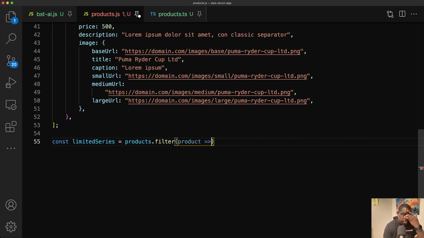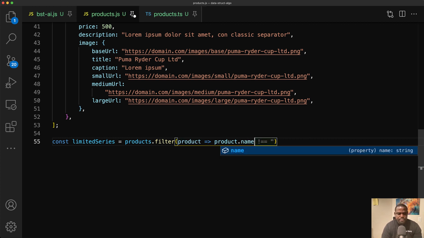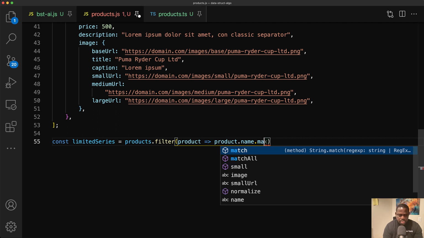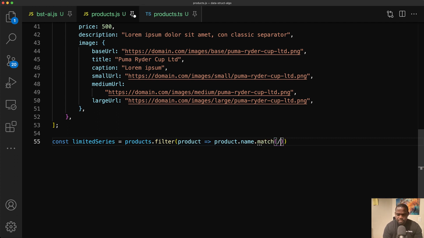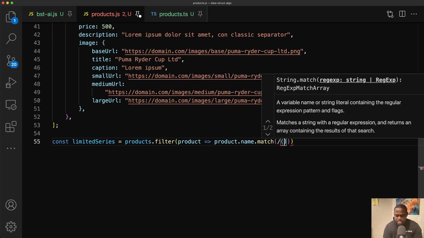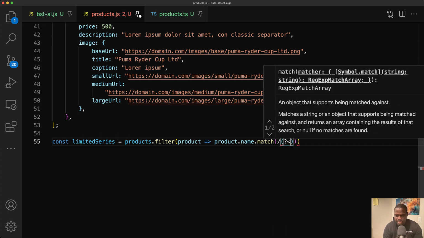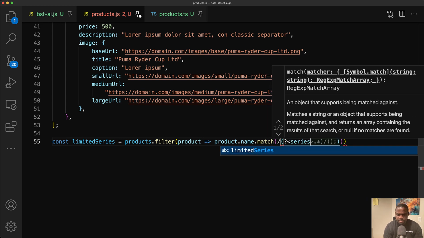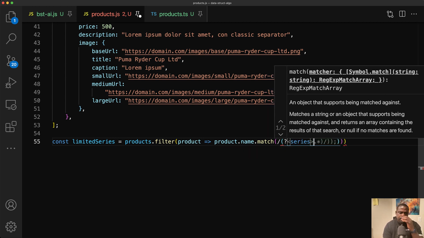It's already doing the auto completion for me, going from the plural to the singular here. Let's do product that name, and I'm going to do a little regular expression here. Let's say that it matches, and it matches what? Let's say anything. I'm going to put it in a series here, and I'm going to say that it has either classic,